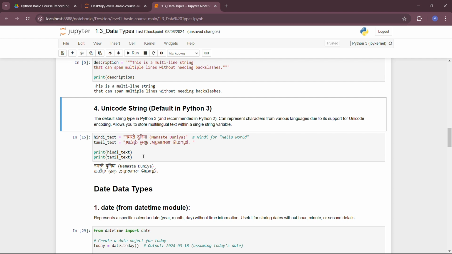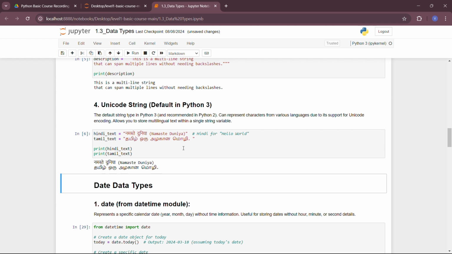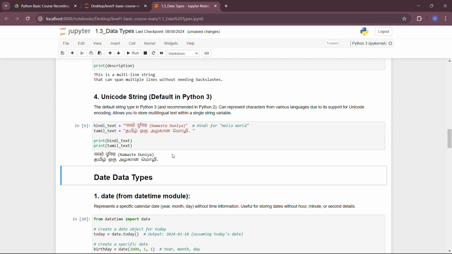A Unicode string includes different characters, multi-language texts, and symbols. All of this can be included in a Unicode string. Here is a small example. We have taken Hindi text and Tamil text and we just print it. When you print it, the output is displayed correctly. That is possible because of Unicode string.